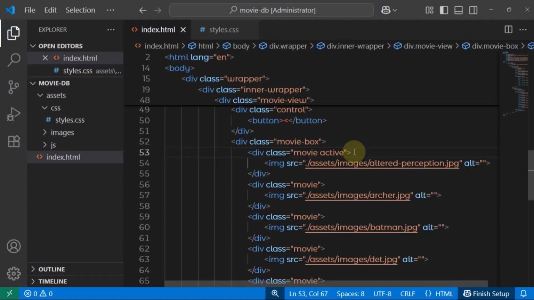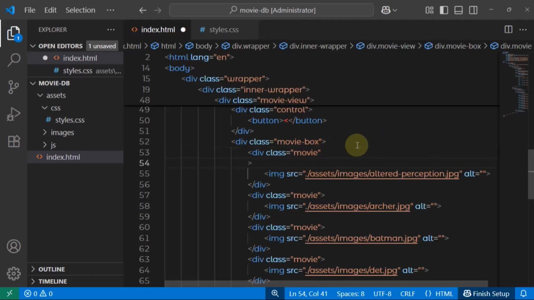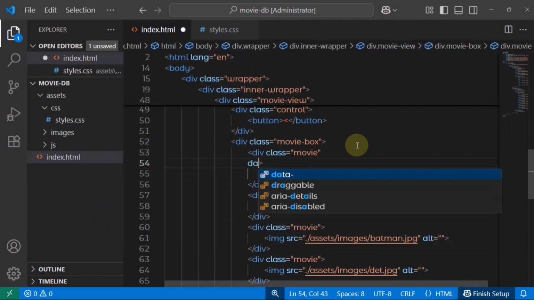So what I'm going to do, for each movie, is remove this active class first of all. I'm starting with this one. I'm going to come here after the class, not inside the class but outside the class. I'll go to a new line and give it a data attribute. So data dash movie title,